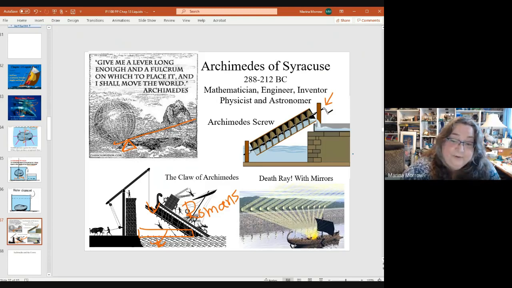He's also reported to have invented some sort of death ray with some mirrors, which they haven't quite figured out how he did it, but probably something more like shiny brass mirrors to make things hot. Probably was not totally very accurate, but he was such a brilliant guy, who knows. Anyway, so Archimedes, though, did figure out the